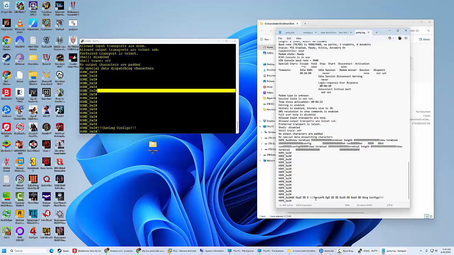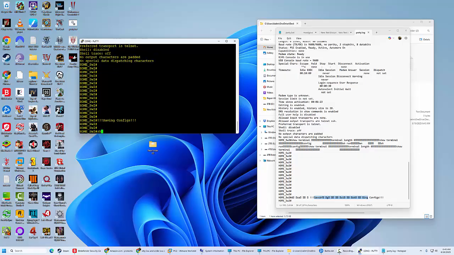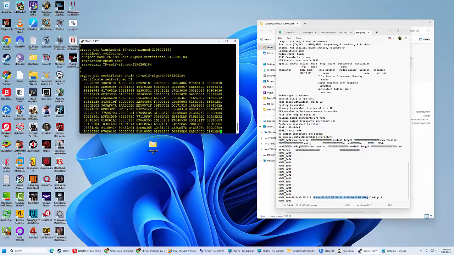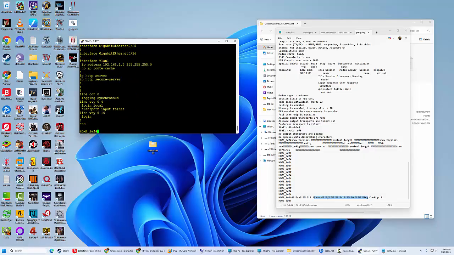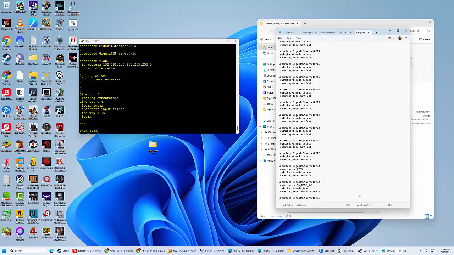So now, all that came in. You see, it tried to save it in there, but nonetheless. Don't know why I did that. Don't really care. But now I'm going to do a show run. Look at that. There's no length in my terminal length with the command, meaning now I have saved my entire config.